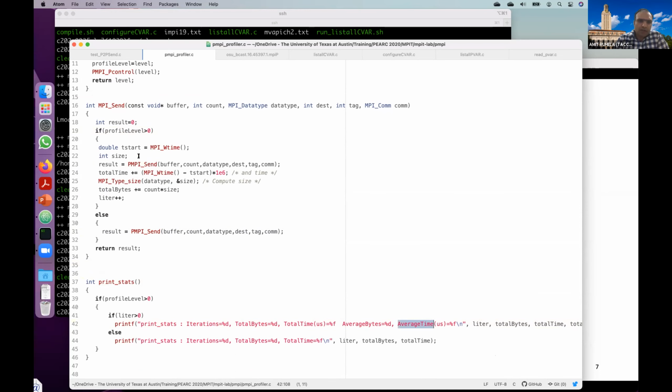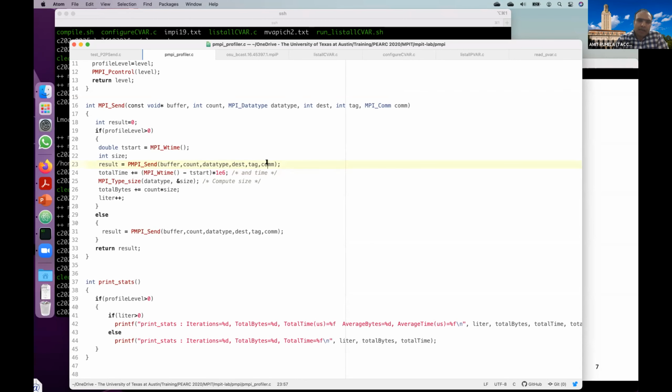It all depends on the tool developer or user, what information they want to capture. As you can see, the PMPI send function receives arguments like buffer, count, data type, destination, tag, and communicator.